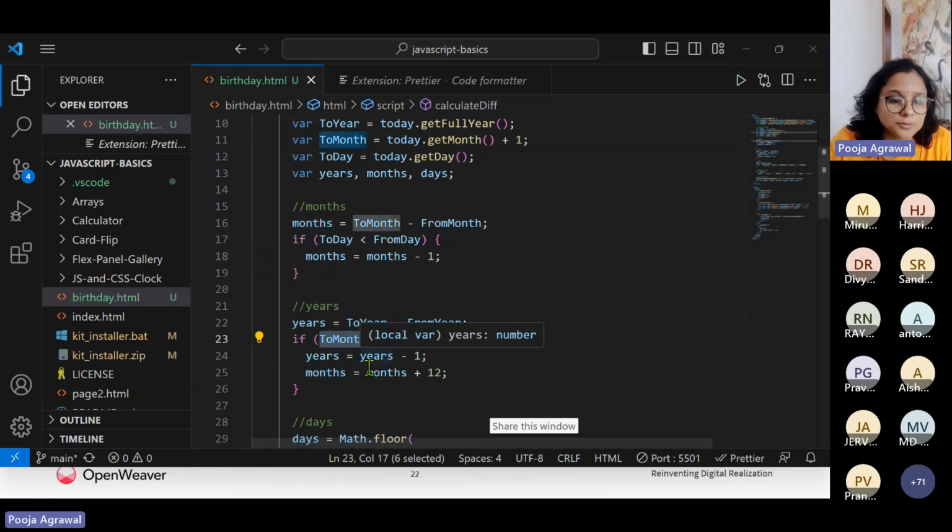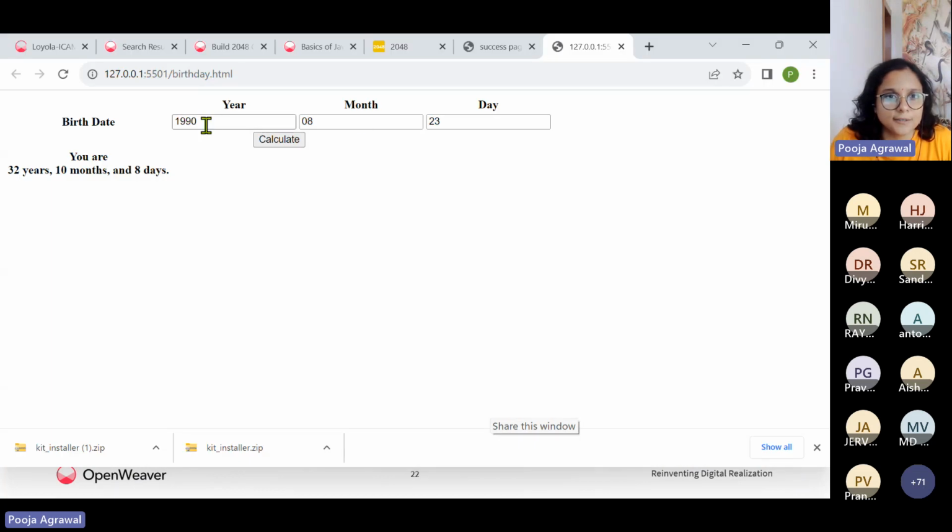First, this condition should be satisfied that the current year, the to year, would be, let's say, if I just enter 2024 here, let it keep like this, and then ask it to calculate.